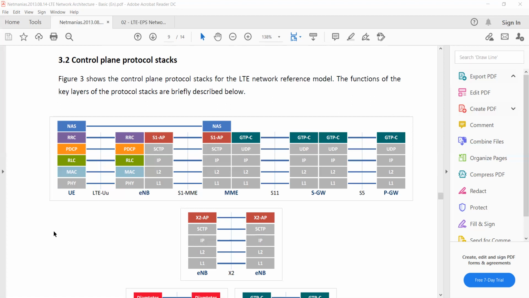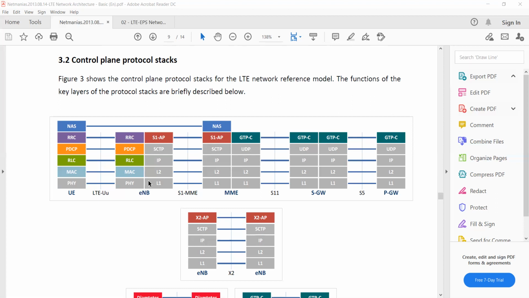When I attended a Qualcomm interview, four or five years ago, they asked me to draw these internal stacks between UE and eNode B. The first question they asked was to draw an LTE architecture and explain each and every entity's roles and responsibilities. After that they asked me for the internal diagram, the internal stack for control plane and user plane. So this is what I am explaining in the basic things.